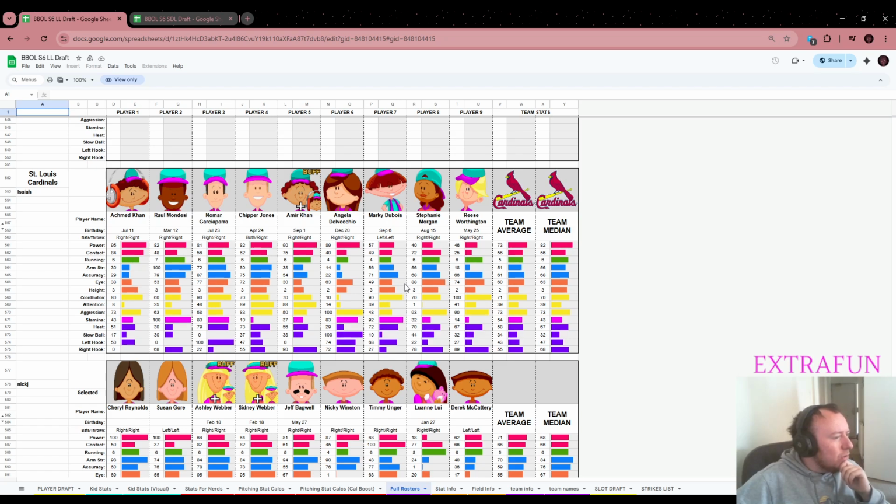Ahmed, I think, goes third. Put Stephanie Morgan at second. Put Reese in the outfield. And then I think I put Norma and Chip in the outfield. And put Raul at shortstop. Of course, that means Amia's going catcher. You can't put Amia at catcher. I don't particularly want to put Amia in the outfield either. Put Stephanie... I can't put Stephanie Morgan at catcher. Damn. Who's your catcher? I think Stephanie or Marky has to go catcher, but...